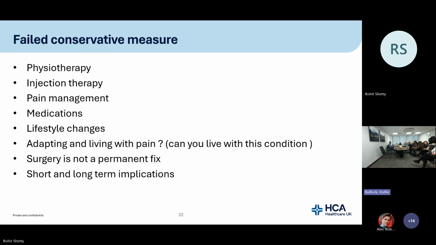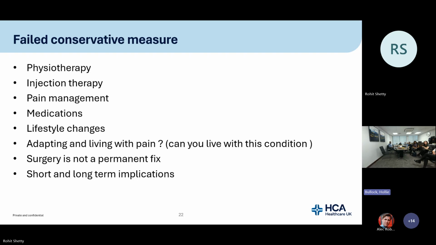So what you're trying to do by giving an injection is to reduce the pain and reduce the inflammatory response, so that they can go back to those long-standing changes which have been dormant for a little while. We need to speak about lifestyle changes, adaptation and living with pain, and just also